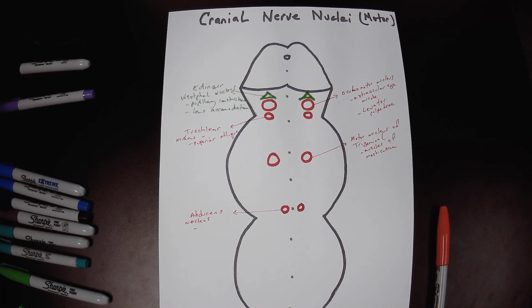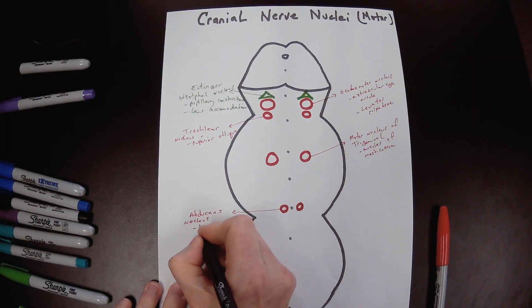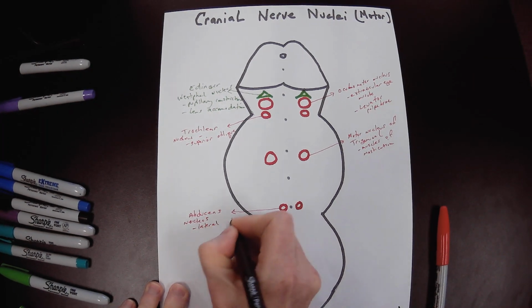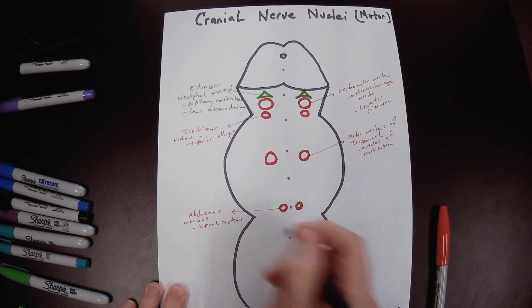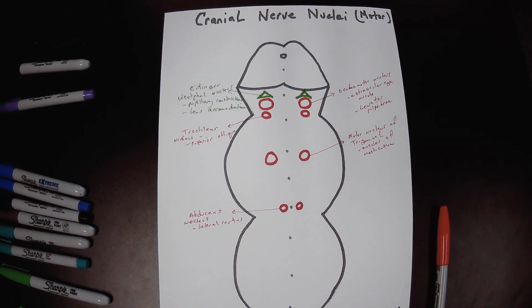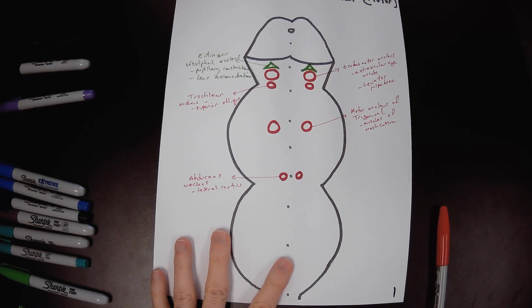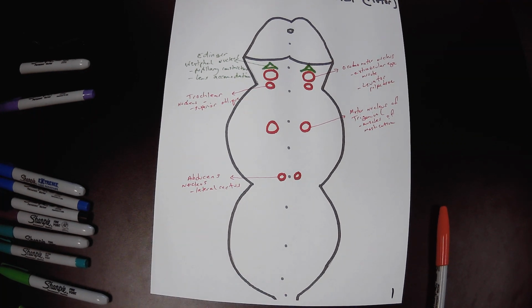Which muscle does it innervate? Lateral rectus. So bringing the eye out into abduction, looking outside. Okay, so 3 has oculomotor and Edinger-Westphal, 4 is trochlear, 5 is motor nucleus of trigeminal,